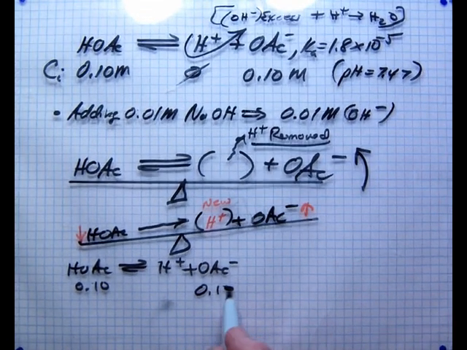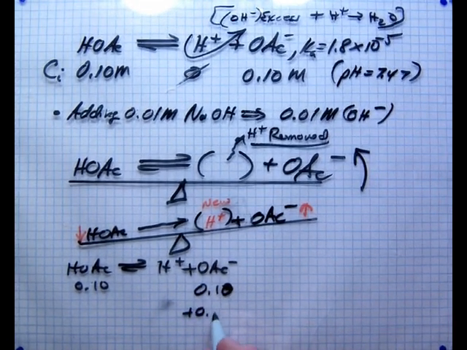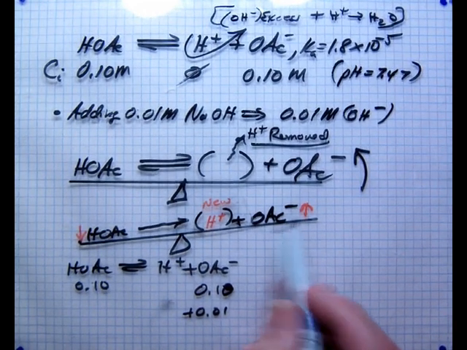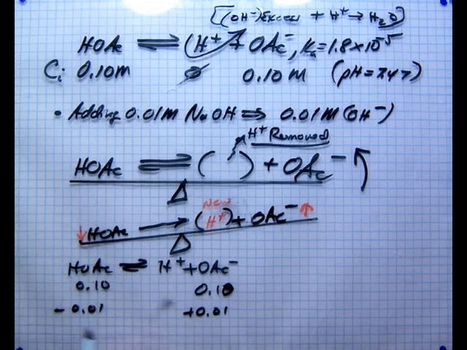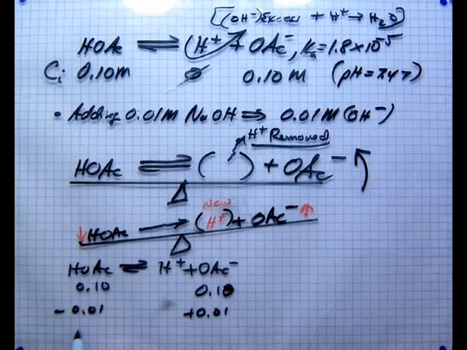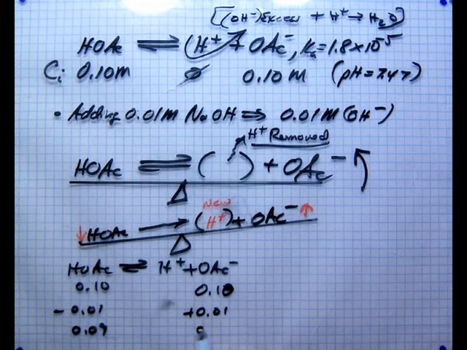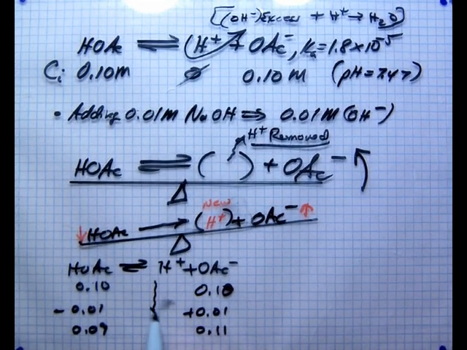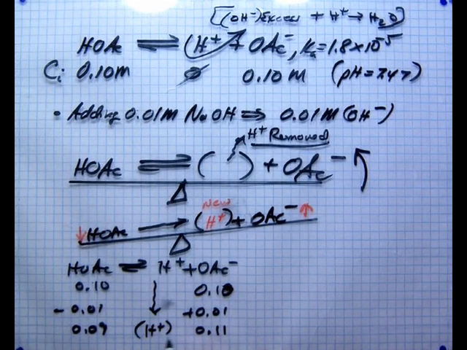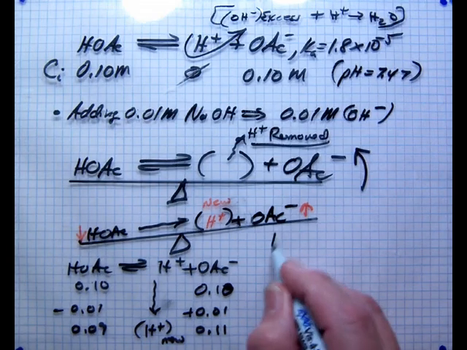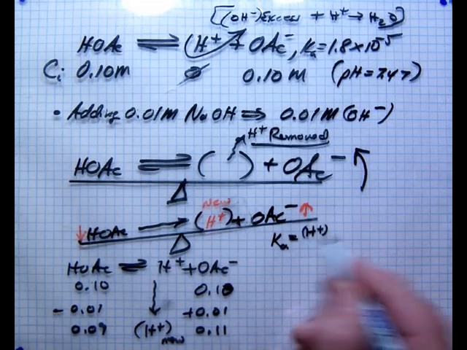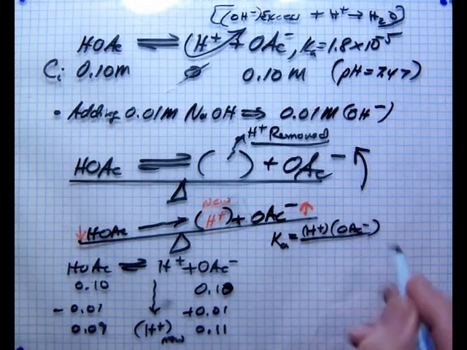Now this is going to go up this time, so we want to add the 0.01 to the right side, or the base side, and subtract the 0.01 from the acid side this time, leading us to 0.09 molar and 0.11 molar on here, and of course we'll get the new hydronium ion concentration based on the calculation we use for this effect. So using the Ka equals hydronium ion times OAc-